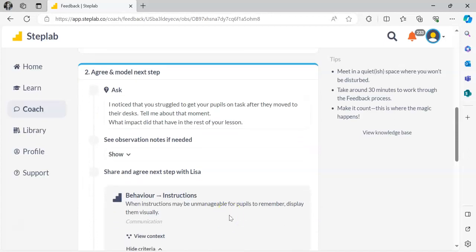Next, we go on to the modelling of the next step and agreeing it with them. So first of all, you say the things that you noticed and ask them questions about it. And you can show them your observation notes if you want to, but you can just leave them like that and you don't need to show them that. And it's about getting that buy-in about the step. Do they agree that, yes, that is something that happened in their lesson